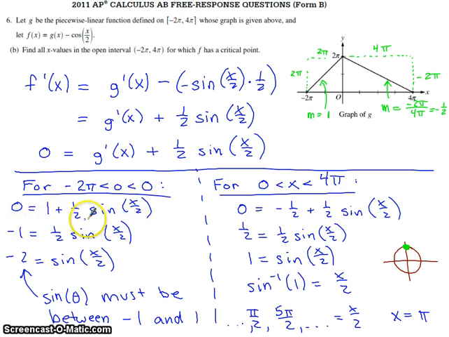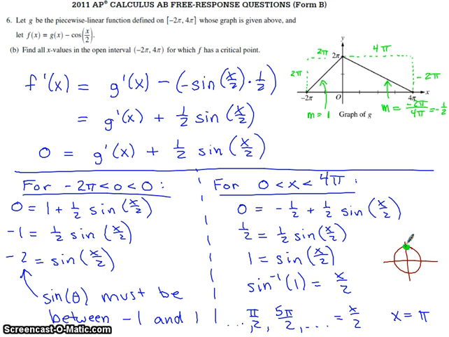It's only equal to those values for these restrictions. So I tried to solve this first, and I moved my 1 across. I multiplied by 2. I looked at this and I realized I can't have the sine of some angle be negative 2. Sine of an angle has to be between negative 1 and 1, so I don't get anything from this. I had to consider it, but I don't get anything. Over here, if you are trying to solve this, add the 1/2, multiply by 2. Now the inverse sine of 1 is going to equal x over 2. And if you think about the inverse sine of 1,